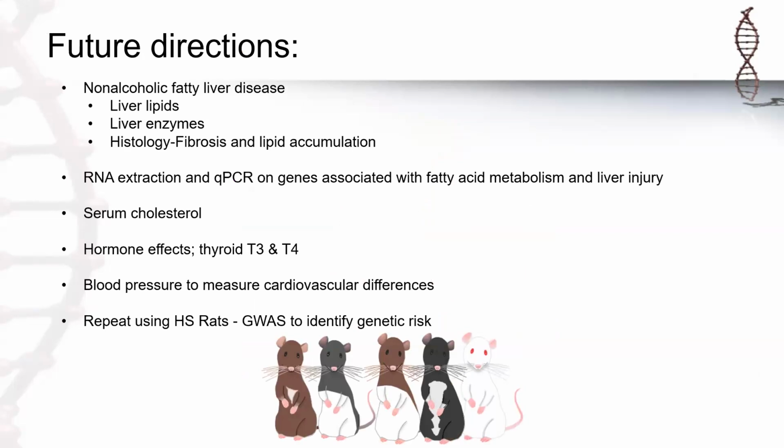So we plan on investigating the increased liver size to see if non-alcoholic fatty liver disease is present. So we wish to take a look at liver lipids and enzymes along with histology to look for fibrosis and lipid accumulation. We would like to perform RNA extraction and qPCR on any genes associated with fatty acid metabolism and liver injury, measure serum cholesterol, look at hormone effects, possibly in the thyroid, measure T3 and T4, perhaps record blood pressures to measure any cardiovascular differences since we see that decrease in heart size, and of course repeat the study in our amazing HS rats so we can run a genome-wide association study to identify risks that will possibly then